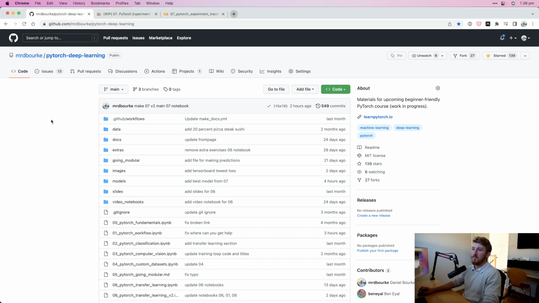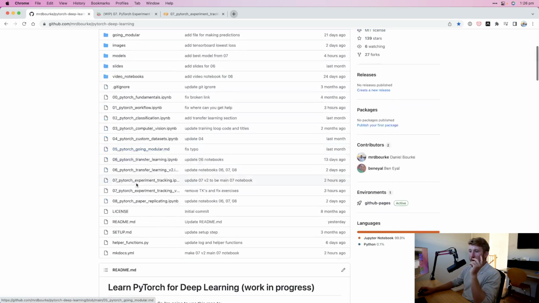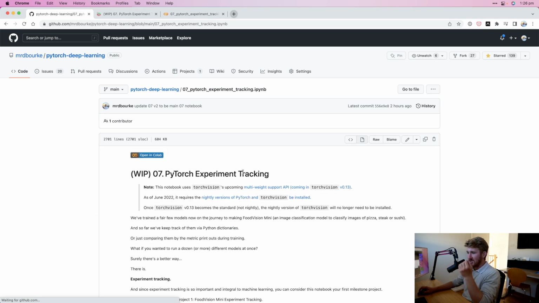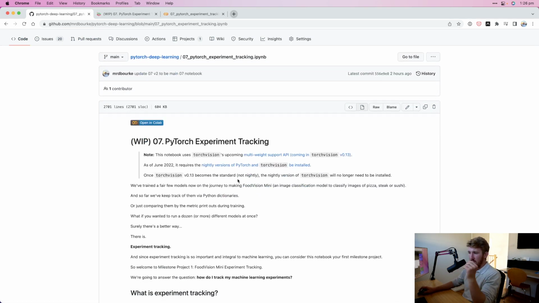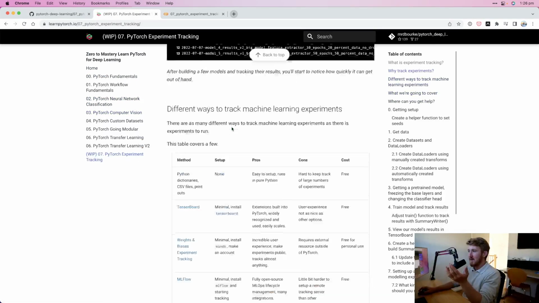Okay, beautiful. So here we are at the PyTorch Deep Learning repo, which is going to be a PyTorch course coming up. But we've done several of these kind of streams in the past, namely going through the exercises for each of these. And so what I've been working on is PyTorch Experiment Tracking. So this is an important concept in machine learning in general because machine learning is very experimental. So you need a way to be able to track your experiments. And so all of the information for this is at